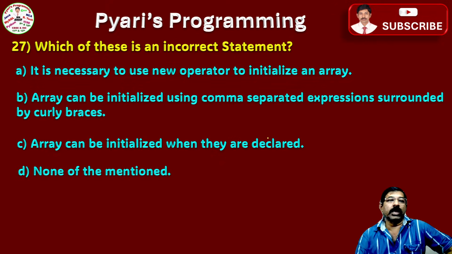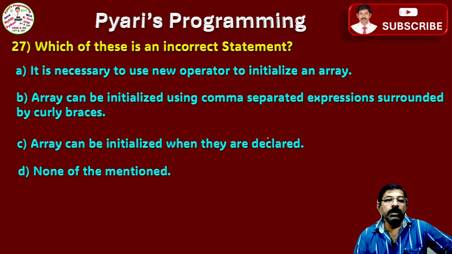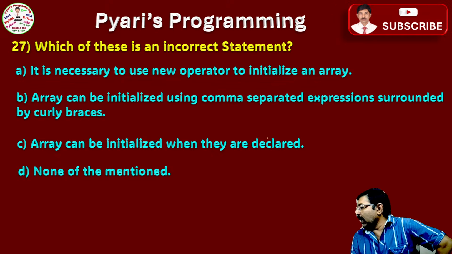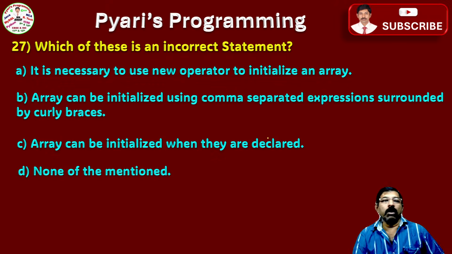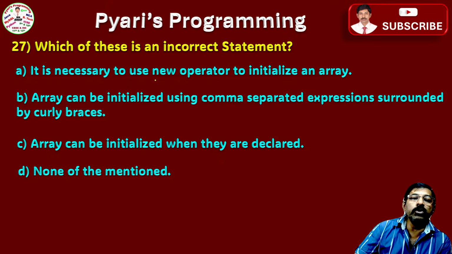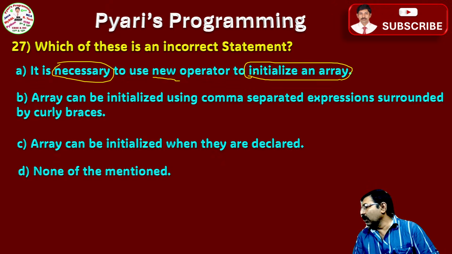Which of these is the incorrect statement? Necessary to use the new operator to initialize an array. Array can be initialized using comma separated expressions surrounded by curly brackets. Array can be initialized when they are declared. None of the mentioned. Okay. Everyone is saying A. Excellent. It is necessary to use the new operator to initialize an array. To initialize an array, the new operator is not required at all. Hence,